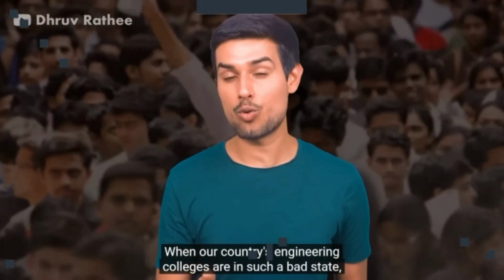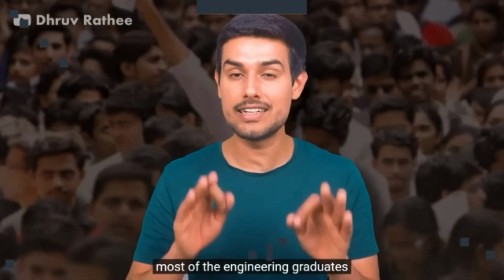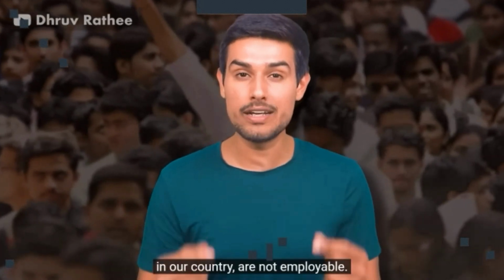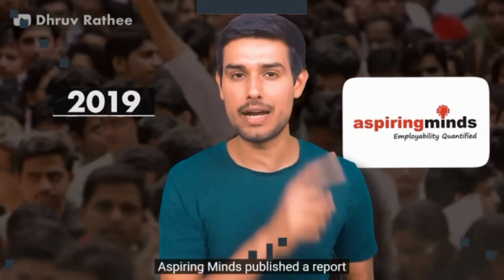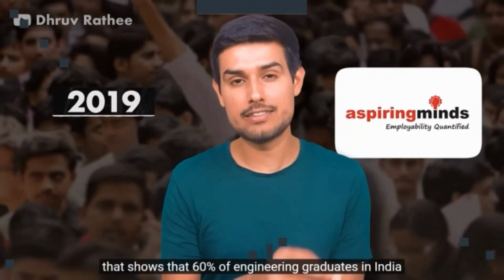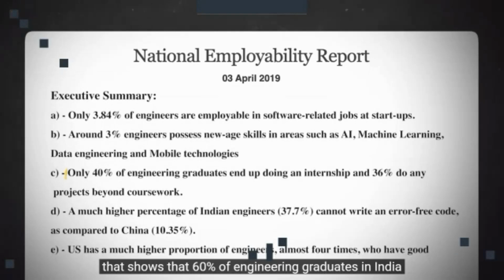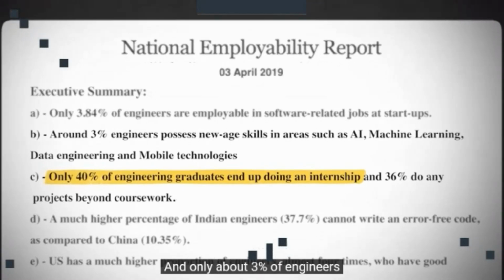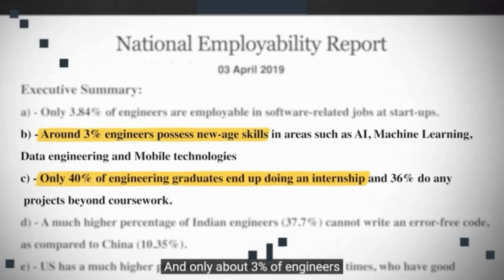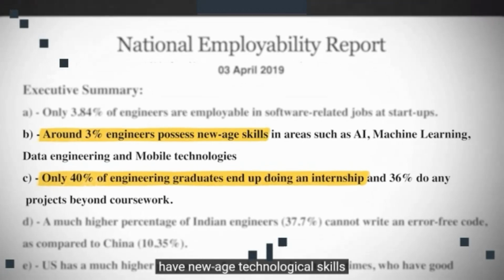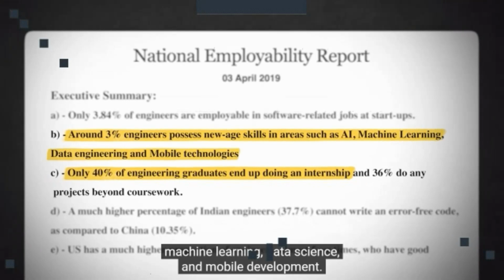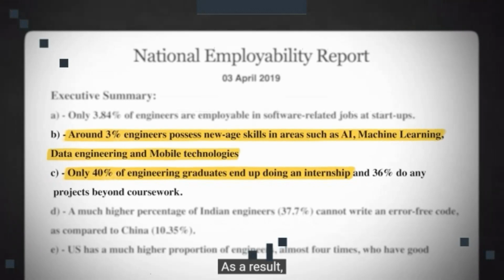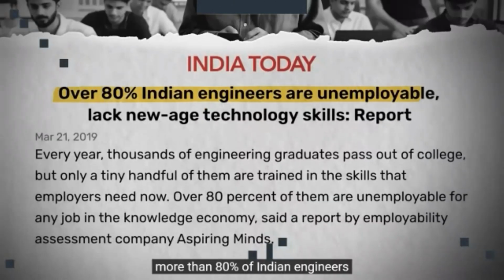जब देश भर के इंजीनियरिंग कॉलेजेस की इतनी बुरी हालत है तो कोई हैरानी की बात नहीं कि ज्यादातर इंजीनियरिंग ग्रेजुएट्स देश में एम्प्लॉयबल ही नहीं होते। 2019 में एक एम्प्लॉयबिलिटी असेसमेंट कंपनी एस्पायरिंग माइंड्स ने एक रिपोर्ट निकाली, जिसमें बताया कि 60% इंजीनियरिंग ग्रेजुएट्स देश में इंटर्नशिप ही नहीं करते, और इससे भी कम लोग, सिर्फ 3% इंजीनियर्स के पास न्यू एज टेक्नोलॉजिकल स्किल्स हैं, आर्टिफिशियल इंटेलिजेंस, मशीन लर्निंग, डेटा साइंस और मोबाइल डेवलपमेंट की फील्ड में।